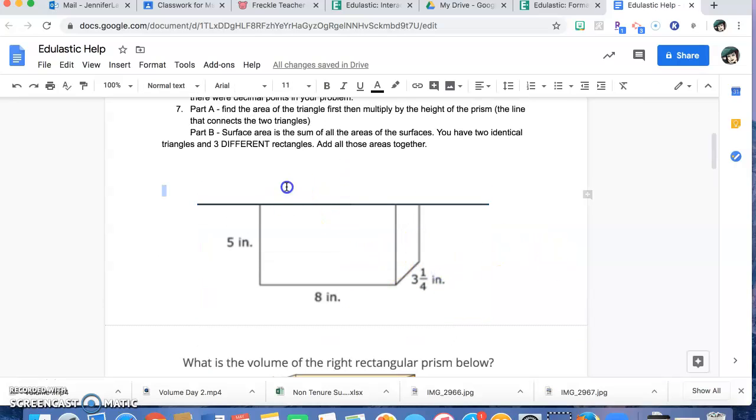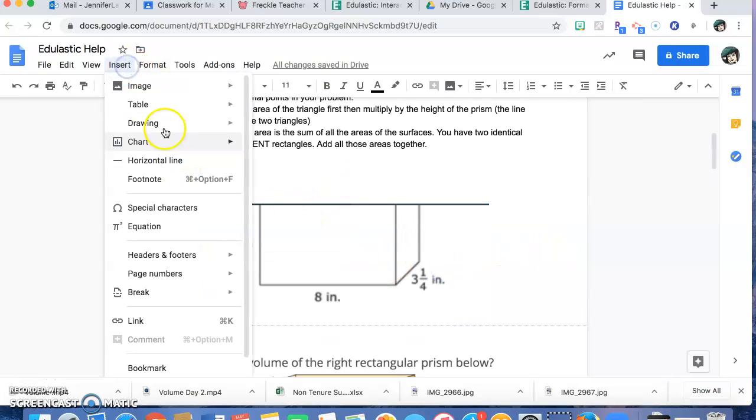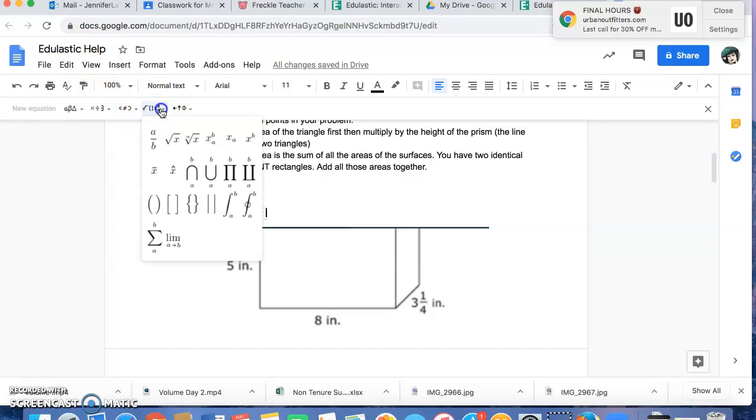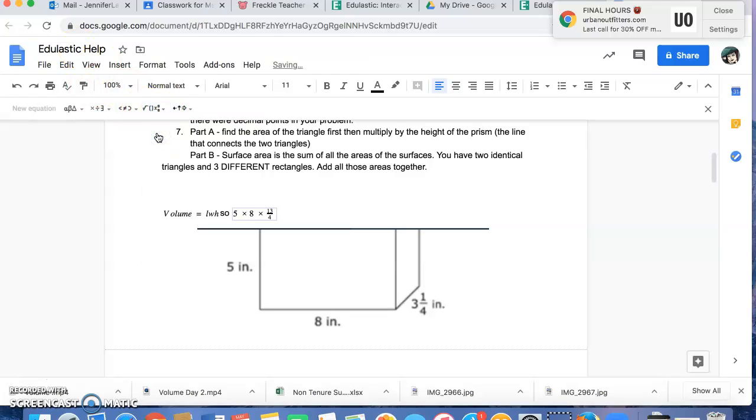So the first question wanted the volume of this rectangular prism. I know half of it got cut off. So again, volume equals length times width times height. So that means that we would do 5 times 8. And then after 5 times 8, I have to convert it to an improper fraction. So we get 13/4. So if we do that, that's equal to, if you do 5 times 8, 40